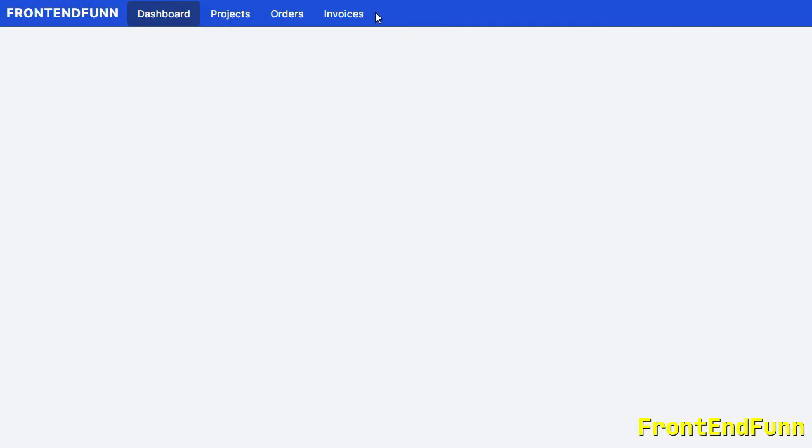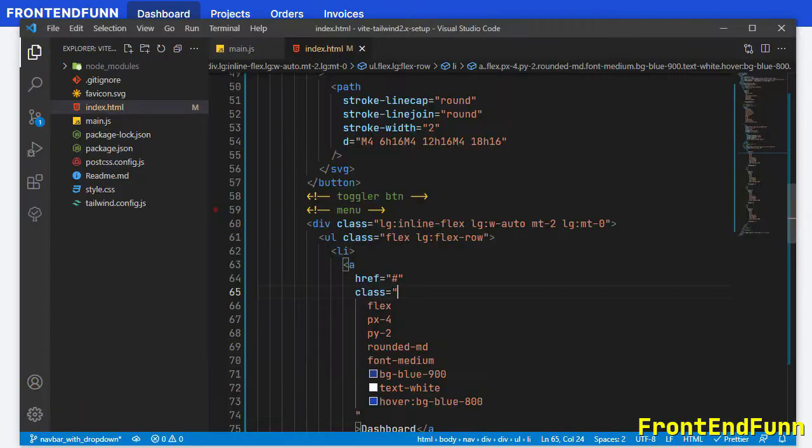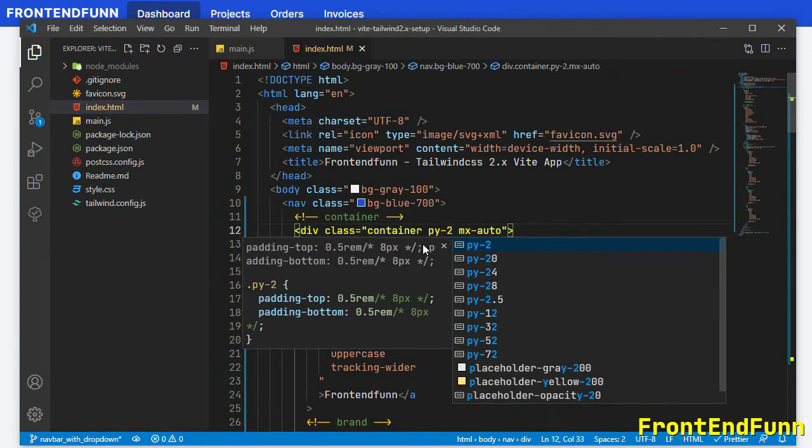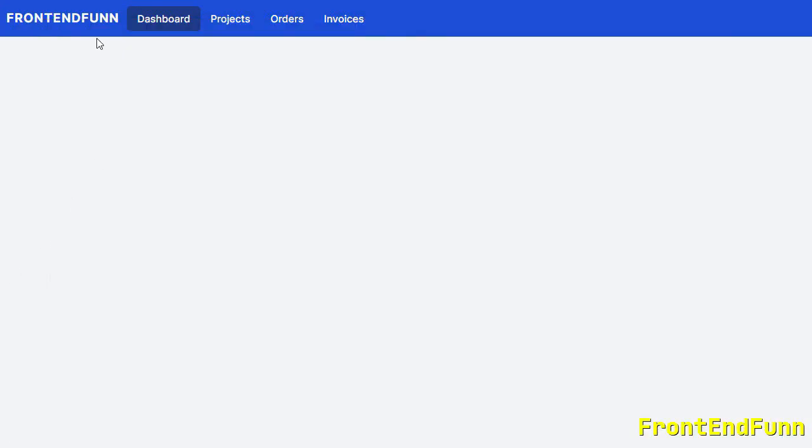Next let's add some space on top and bottom of these links, so I'll just go to the container here, and I'm going to add py-2. As you observe, the dashboard and projects are stuck together.